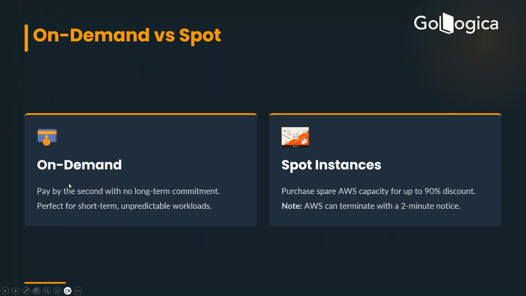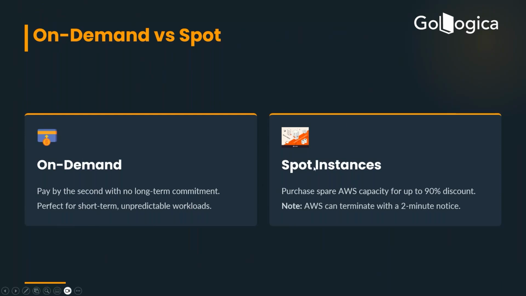For short term, that is less than 1 year, and if it is unpredictable, you can go for on demand. And whenever you are new to AWS and you don't know how much you need, you can go for on demand, where you just pay for what you use. Then you have spot instance.